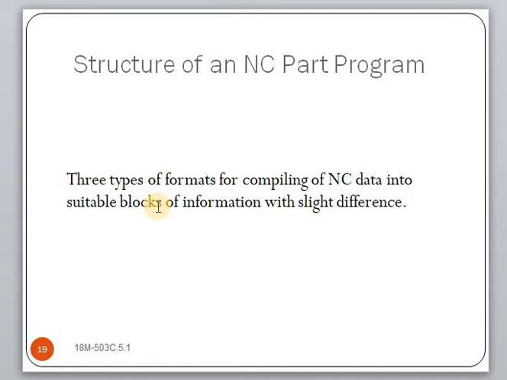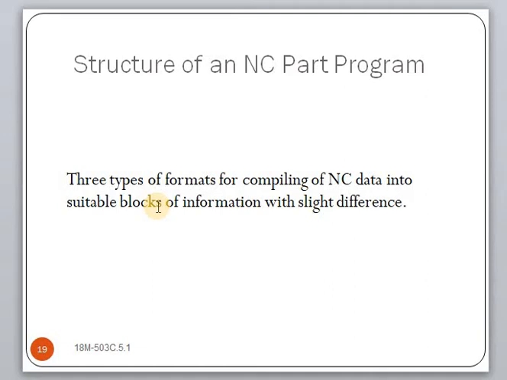Commands are input into the controller in units called blocks or statements. Each block is made up of one or more machine commands. In general, several commands are grouped together to accomplish a specific machine operation. Hence, the use of a block of information for each operation. Each command gives a specific element of control data, such as a dimension or a feed rate. Each command within a block is also called a word.